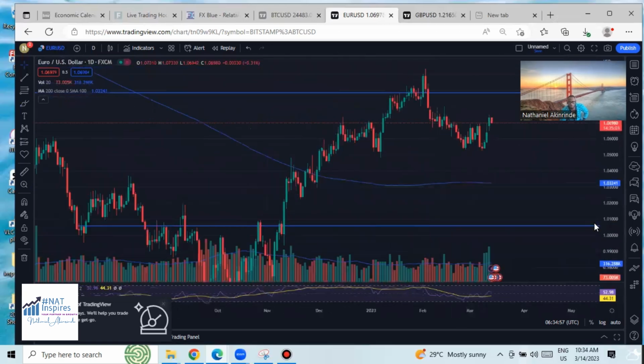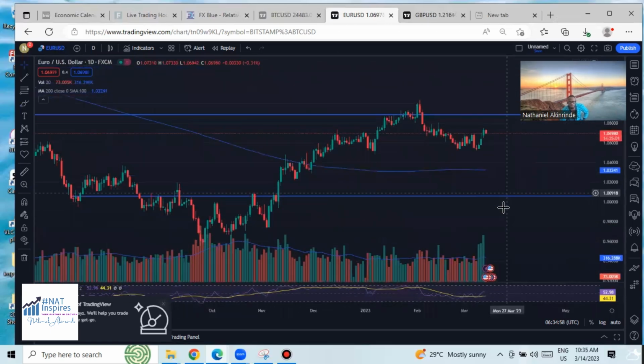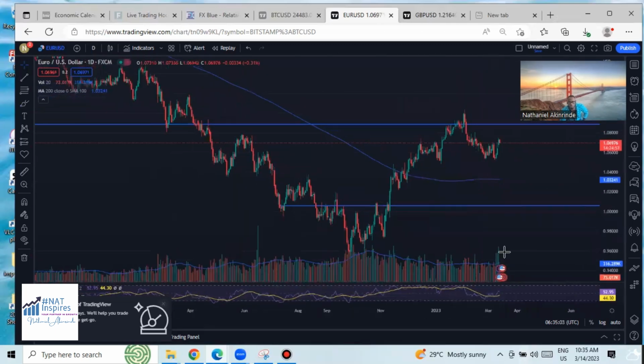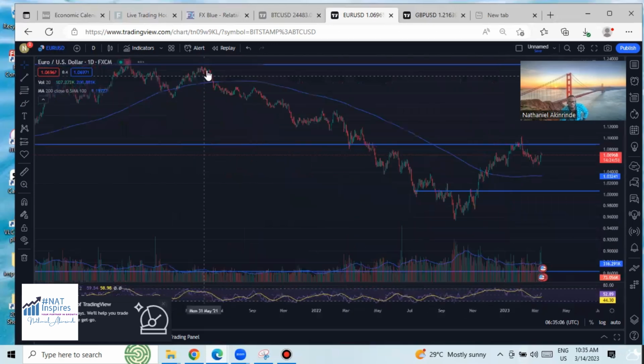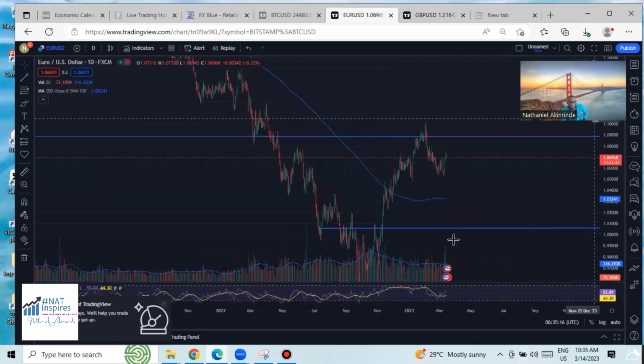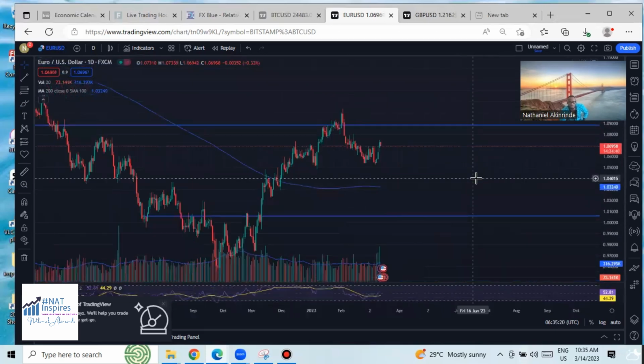So on the daily time frame, it's almost the same story as the weekly. We can see the old drop on the daily. We can see the old drop, ranging drop. And all this, we can call a pullback, or better still, a discounted price on the daily time frame. But